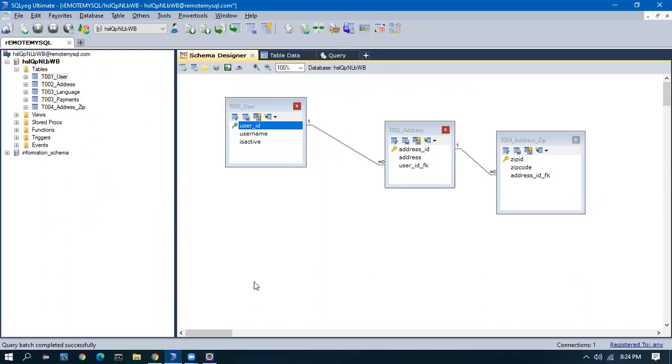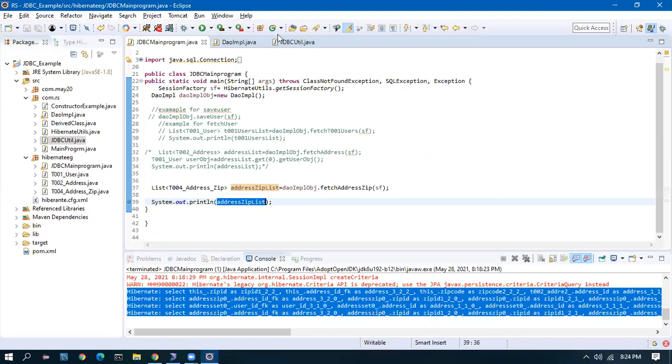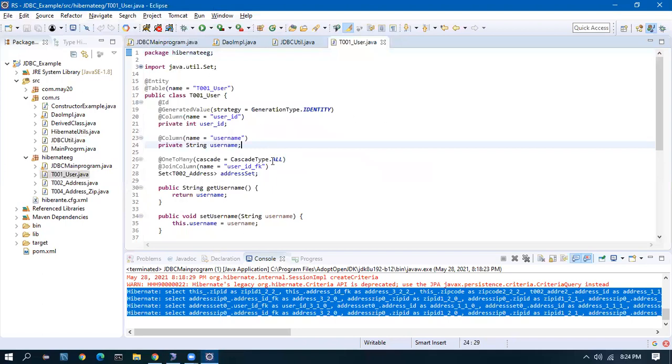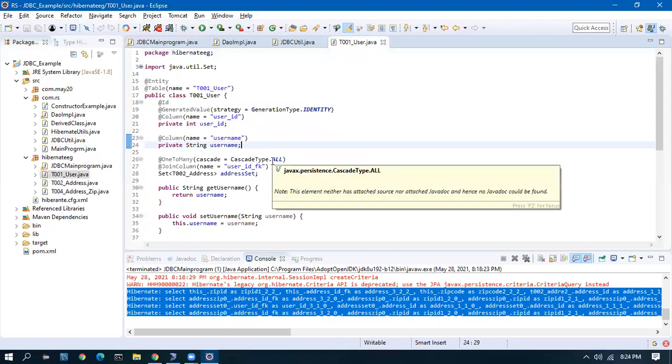This is called lazy loading, which means I am lazy, you load everything for me. There is one more loading called eager loading, where only when we try to access that object will the object type be loaded. Otherwise, it will not be loaded.